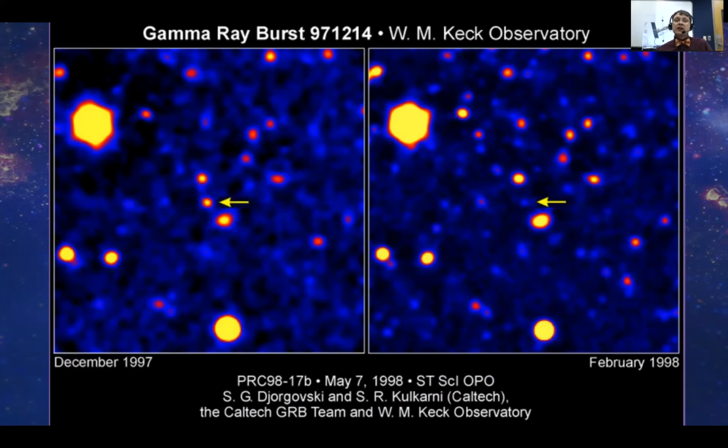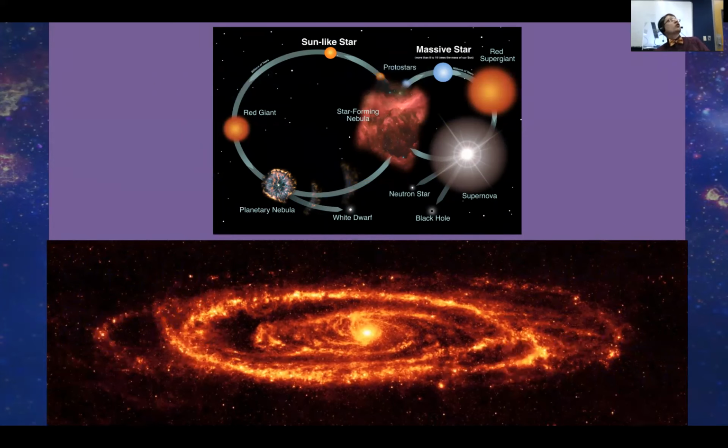So after that supernova, after the star outgasses and collapses, I've got the life cycle of a star here. As it gets old, it may turn into a red giant or a red supergiant, and then either a planetary nebula or supernova, and then you've got dust left over. On the bottom, this is actually an infrared picture from Spitzer of the Andromeda Galaxy, and we're able to see everything that's glowing. This is warm dust that's glowing. It's much easier to see the dust in the infrared. And you can see how much dust the galaxy is made up of very easily here.